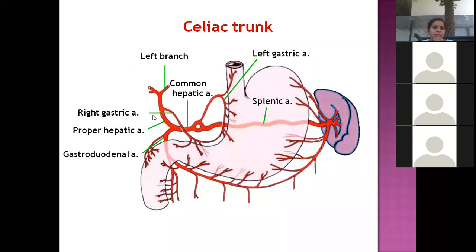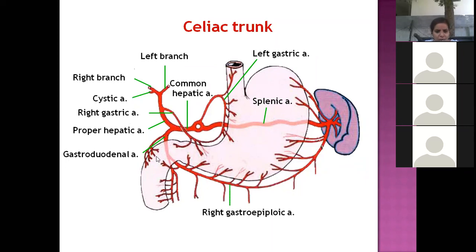Okay, before we go to the greater curvature, in this animation, we are seeing the continuation of the journey of this common hepatic. So common hepatic artery, which is now dividing into right branch and left branch. So the right branch is going towards the right lobe of liver and left branch is going towards the left lobe of the liver. So from the right branch, you have one more artery. What is the name of this artery? Cystic artery. I told you cystic artery is supplying? Gallbladder. Very good. Gallbladder. Nice.